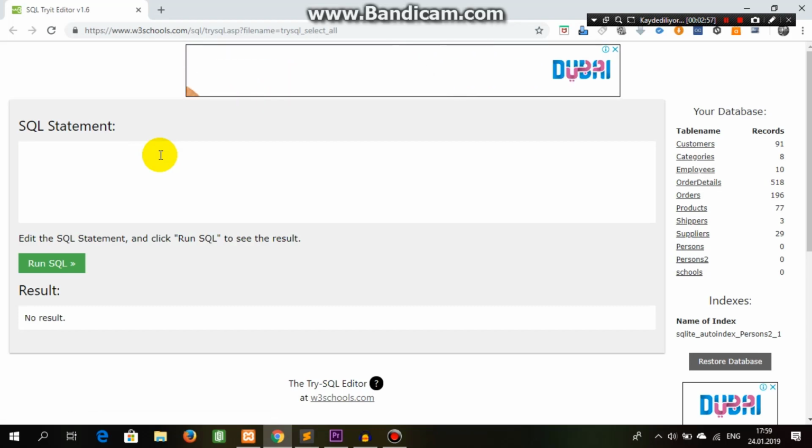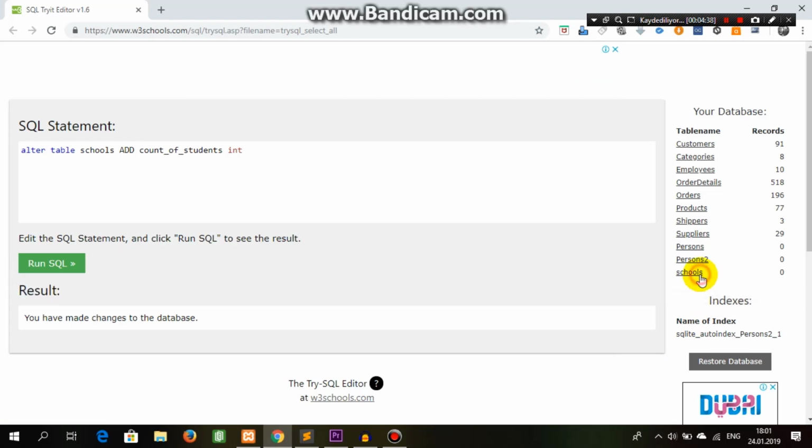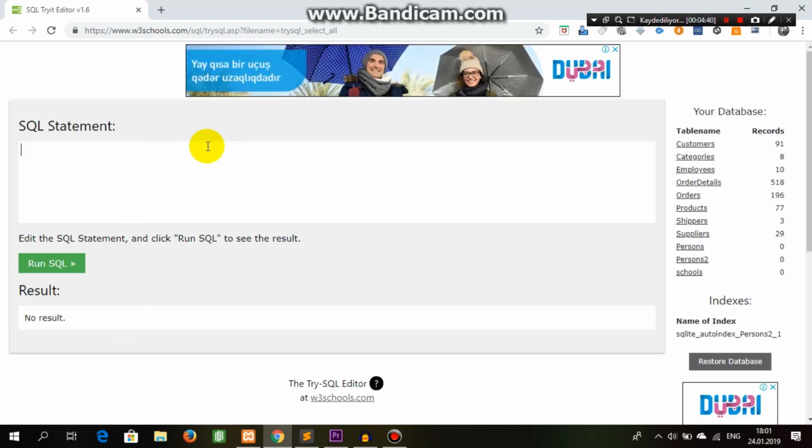Now let's look at how we can alter table columns, not data columns. We use the ALTER keyword. ALTER TABLE schools, then ADD. What will we add? Count of, for example, students. This is the third column, and the data type will be int, numeric. When we run it, you have made a change to the database, this is the message, and there are not any records,